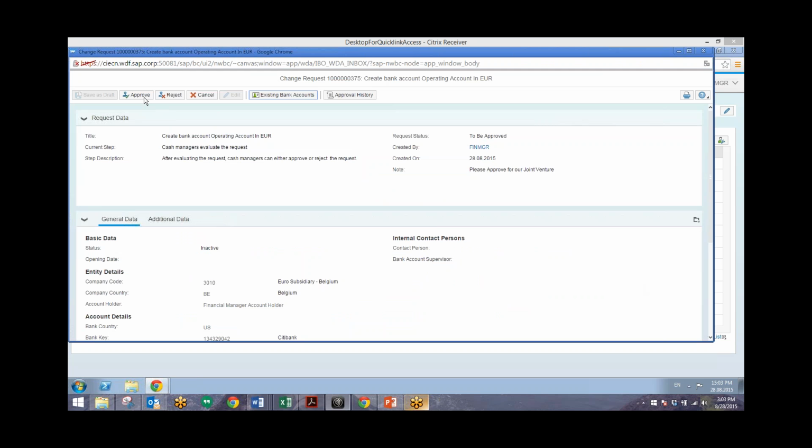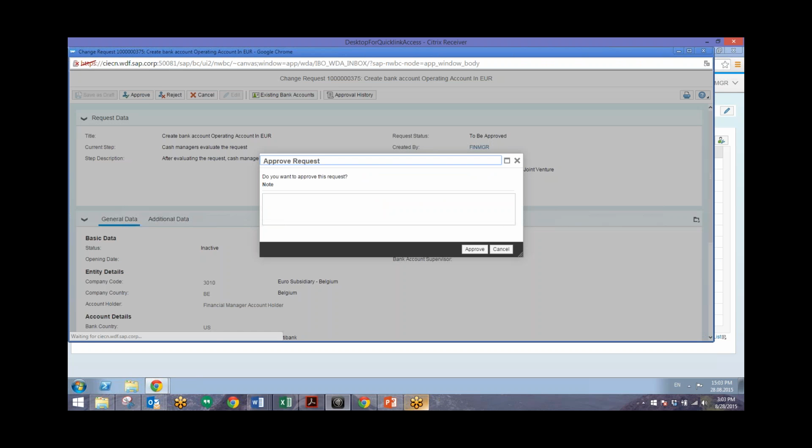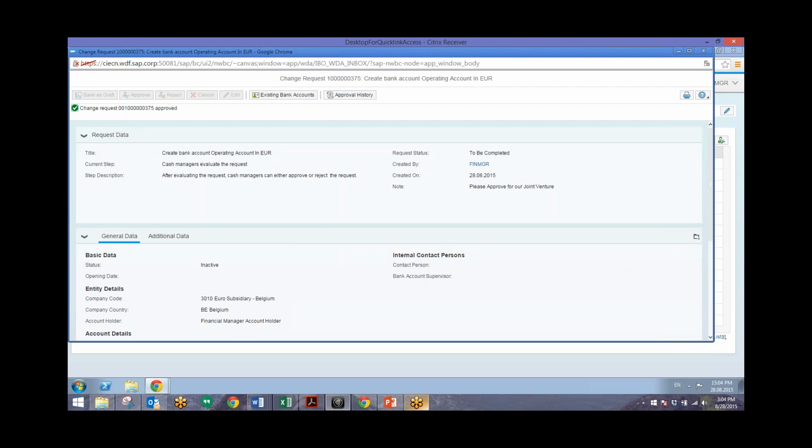It's as easy as clicking the approve button right up top here. And in addition to just approving the request, you can enter in a note for this as well. And then approve it. And once again, we have these information messages at the top. We can see that that request was approved, and it also has, with that approval,